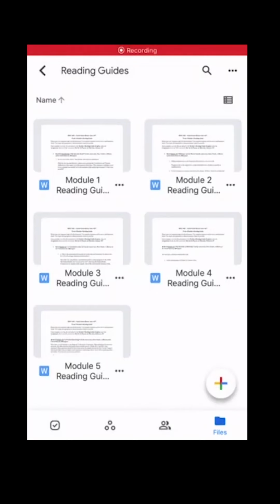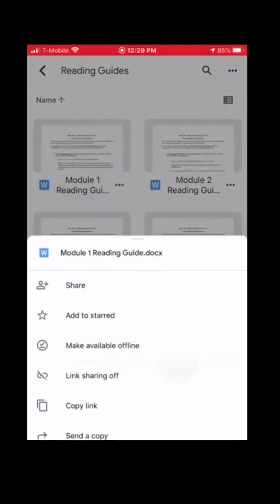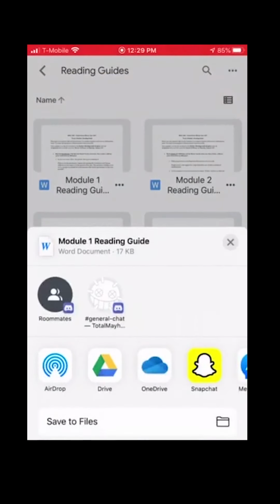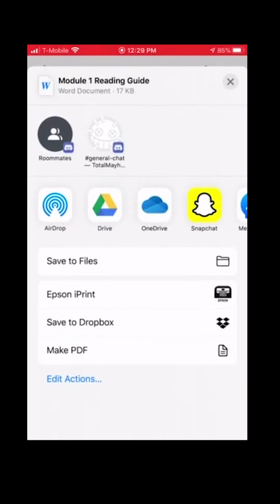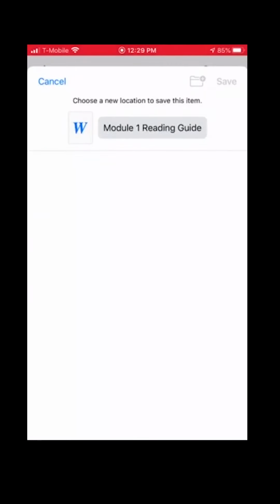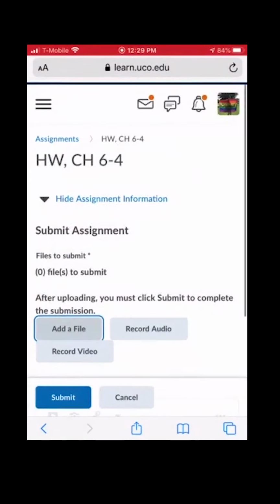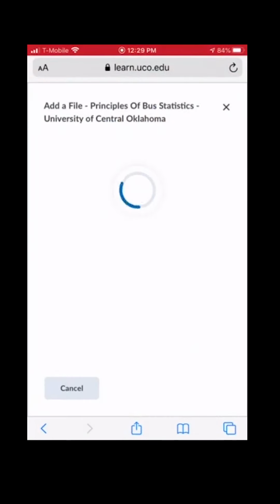Next, we're going to show with an Apple phone. So with an Apple phone, you can open up Google Drive, click on your Word doc one, click the three dots, scroll down till you see Open With, click that, and then scroll down and click on Save to Files. Click on iCloud Drive, click Save, then go over to D2L, click Add a File,